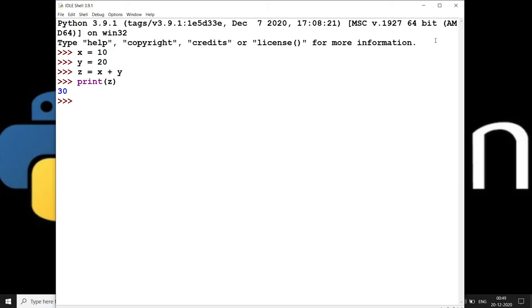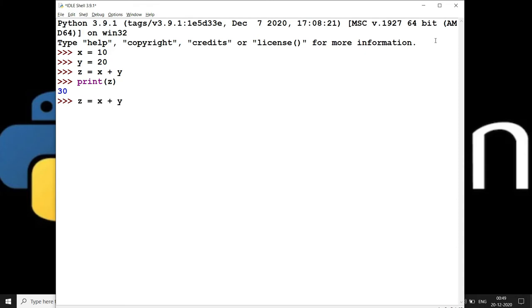Now if I press the up arrow, it is going up. If I press the down arrow, it is going down, but I do not get the previous command that I had typed.